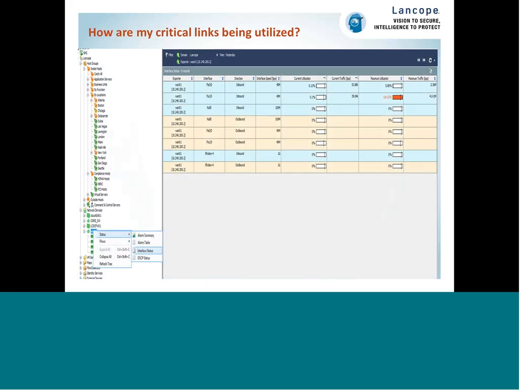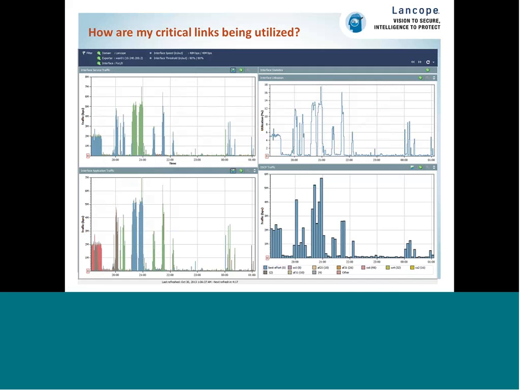The first one here is how are my critical links being utilized. In the tool, I can pull up, for example, this interface status report for a network device, and if I see a device that's showing very high utilization in the recent past, such as this interface here, I can very quickly pull up a report showing how that interface is being used, what percentage of utilization it's received